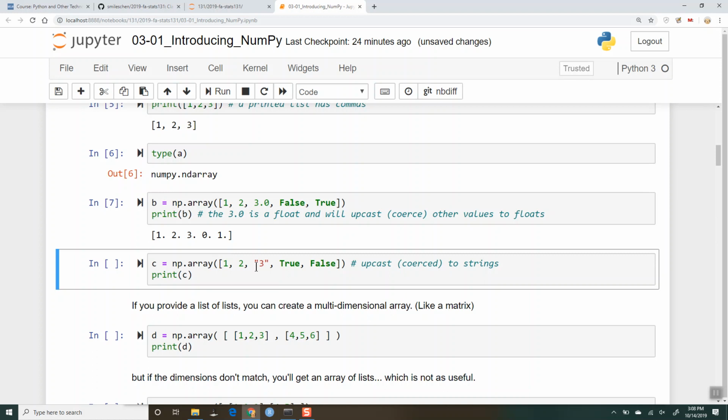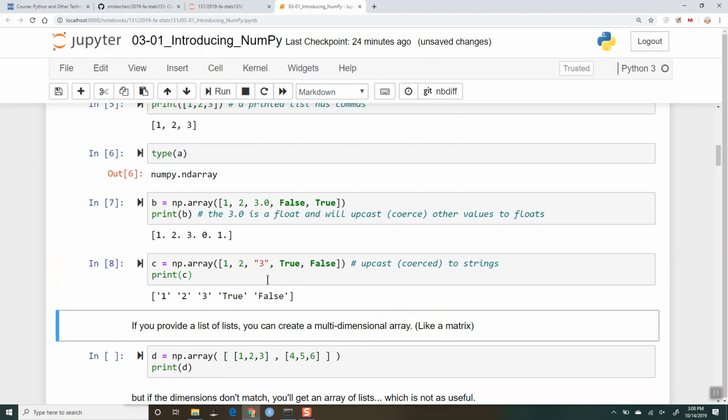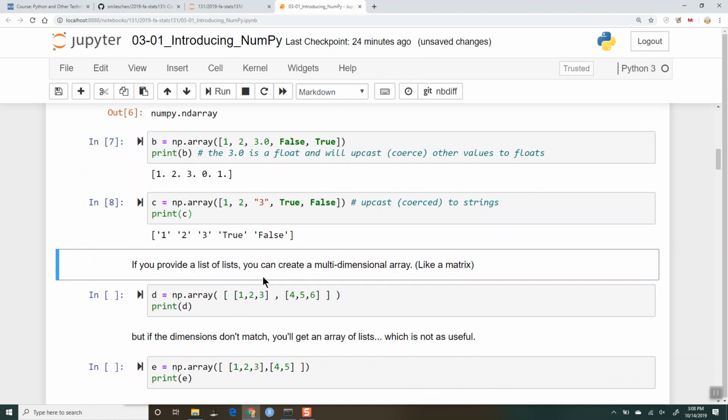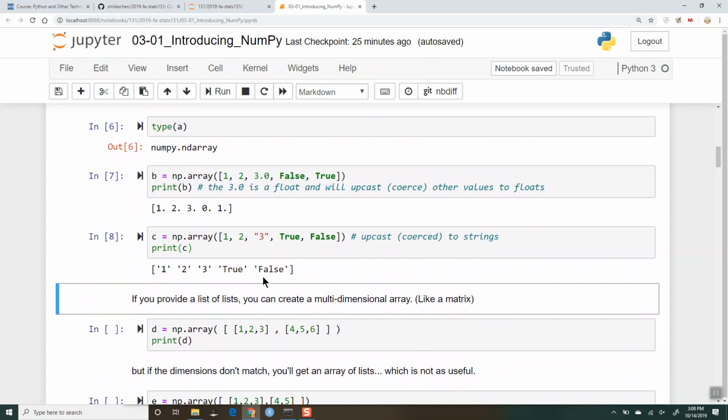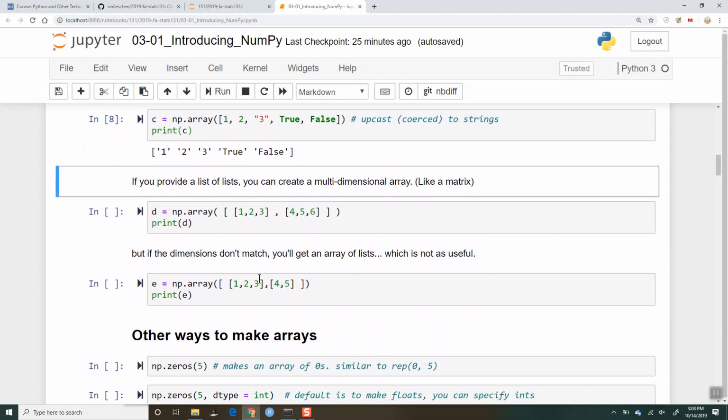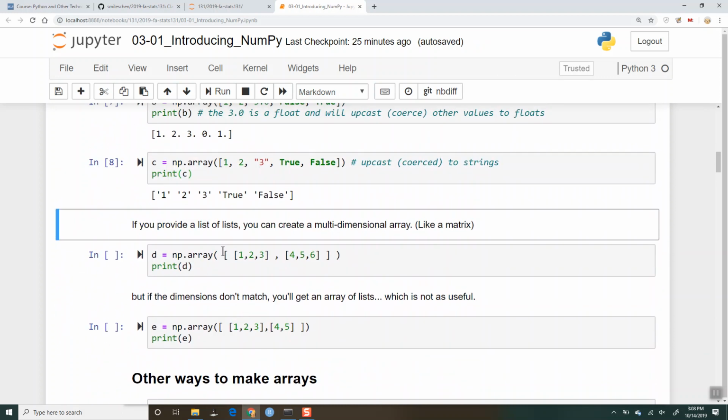Okay, here I've got 3 in quotes, so everything is going to get upcast to strings. Okay, and so there you go. So that's expected, right? Okay. The way you create a matrix or a multi-dimensional array is you can provide it a